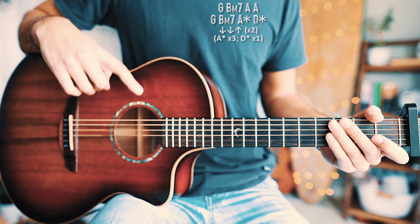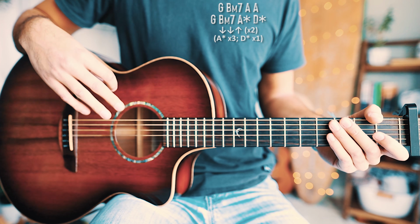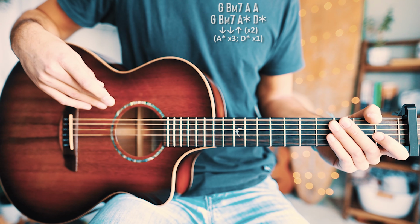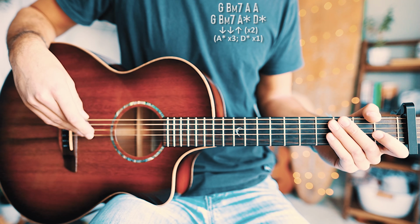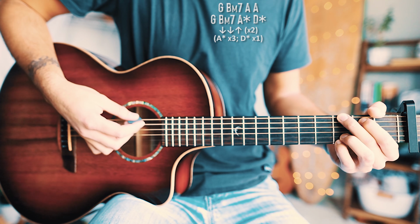But one thing that you can do is you can change that strum pattern up just a little bit. So there are some places in this song where it's pretty obvious that it would make more sense to use single down strums for each one of those chords. So kind of like the intro where it goes...